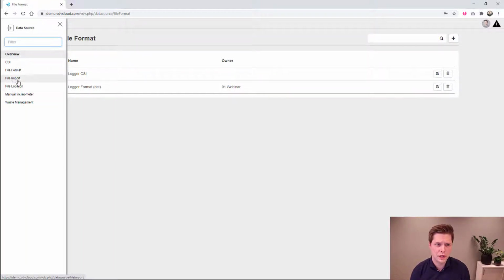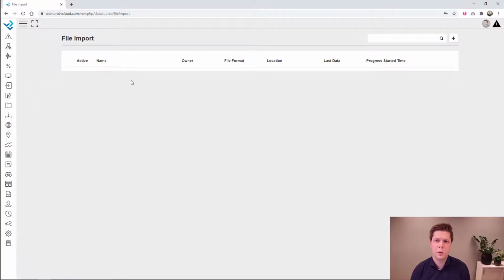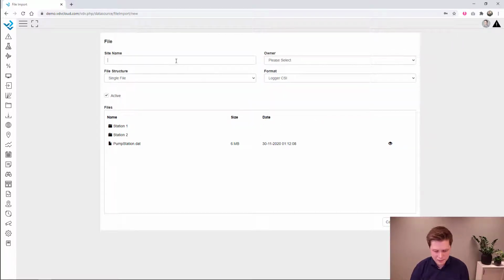Now we are going to import the data. We go to data source and file import. Here we are linking together our file location with our file format to import that data file into Vista Data Vision. We click the plus button, we give it a name,